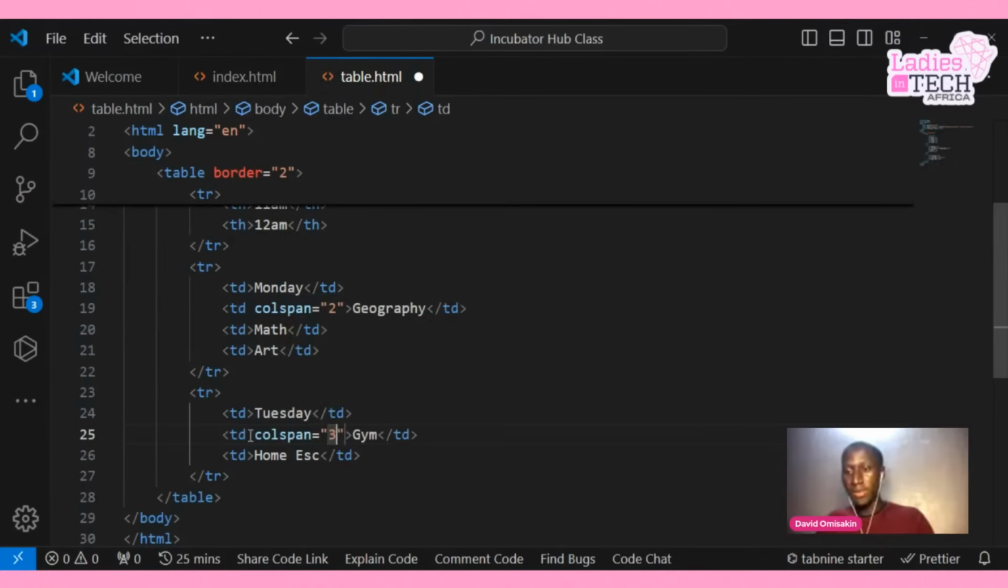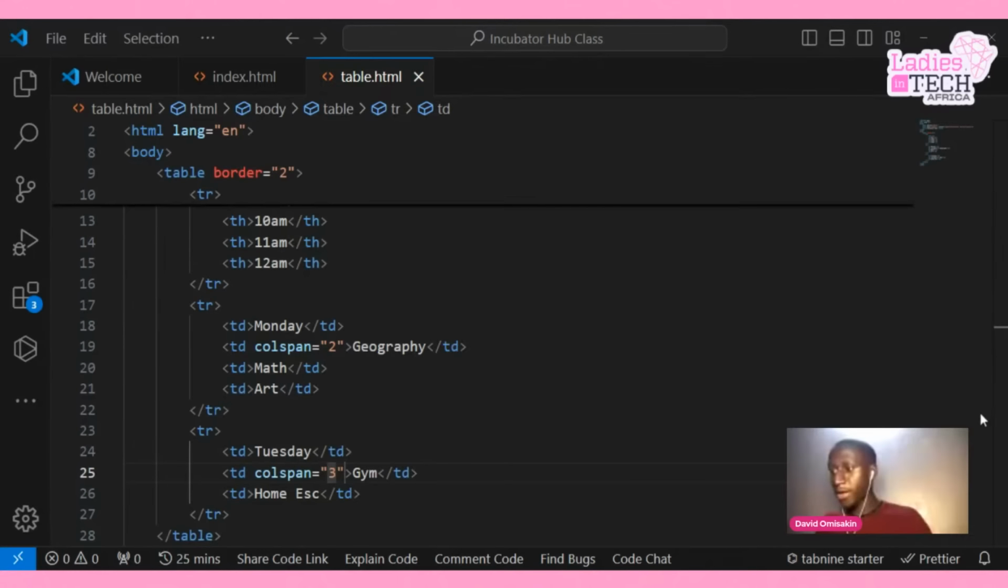Call span, let me say 3. Call span 3. Now, if you notice very well, if you can see my VS Code screen very well,